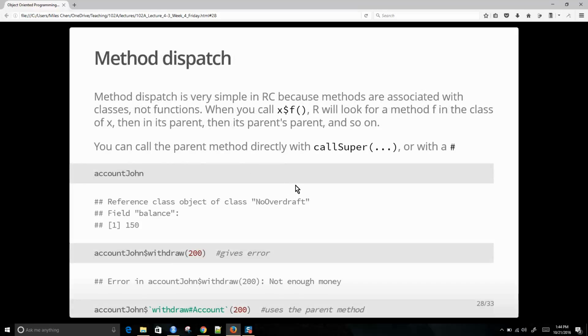As far as method dispatch goes, it's very simple because in reference classes, the methods are associated with the class. They're not associated with functions. So if you ask for a certain method, it's going to look for the method in that class itself. If it doesn't find it, it'll go to the parent class and look for the method there. So that's why when we said,